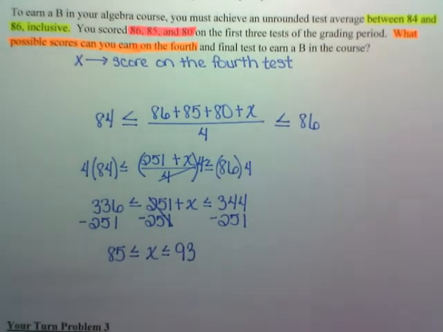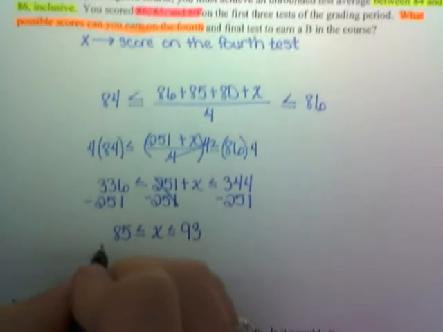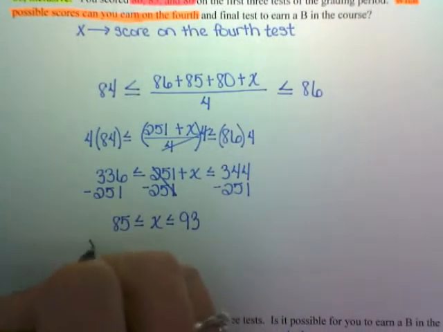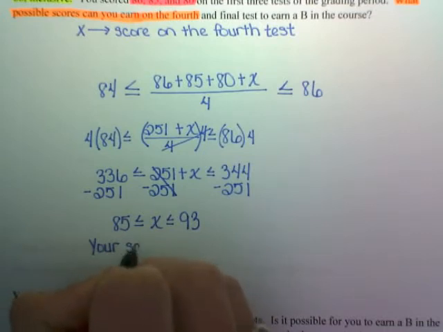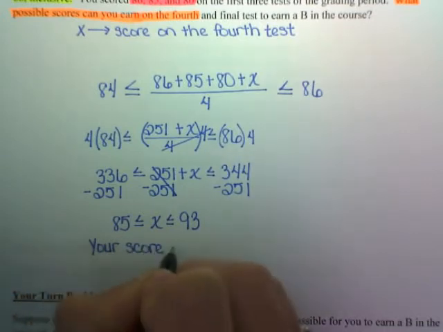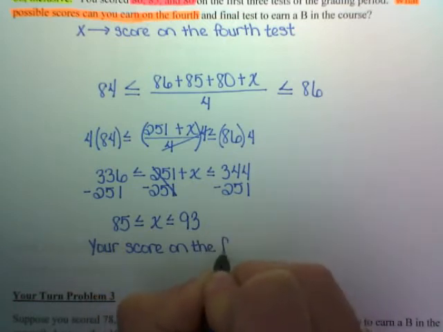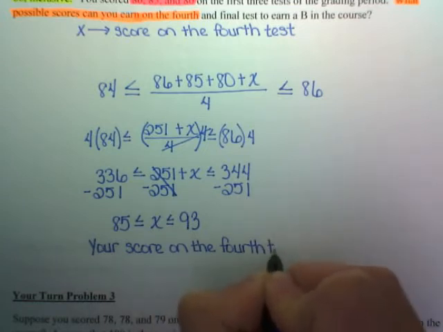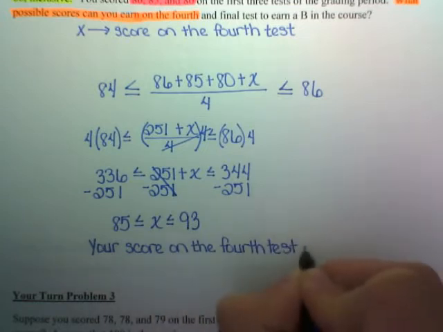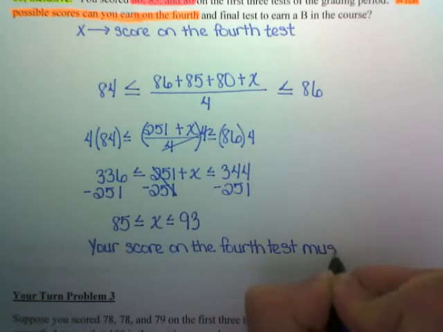Alright, but we need to analyze. What does this mean? I have an 85 now, I have a 93. What does this tell us? Okay, so what this tells us is that your score, write it out as a sentence, your score on the fourth test must be